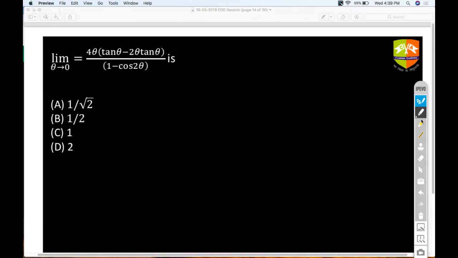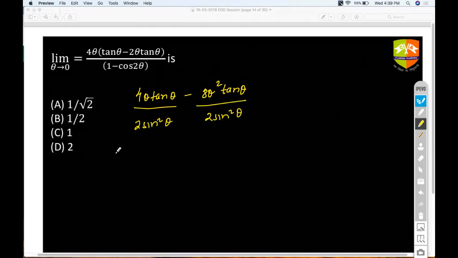Okay, so mostly people are going with option D. So basically, this becomes a very easy question. I can write it as 8 theta square tan theta divided by 1 minus cos 2 theta, which is 2 sine square theta, and this is also 2 sine square theta. Okay. Now in this case,